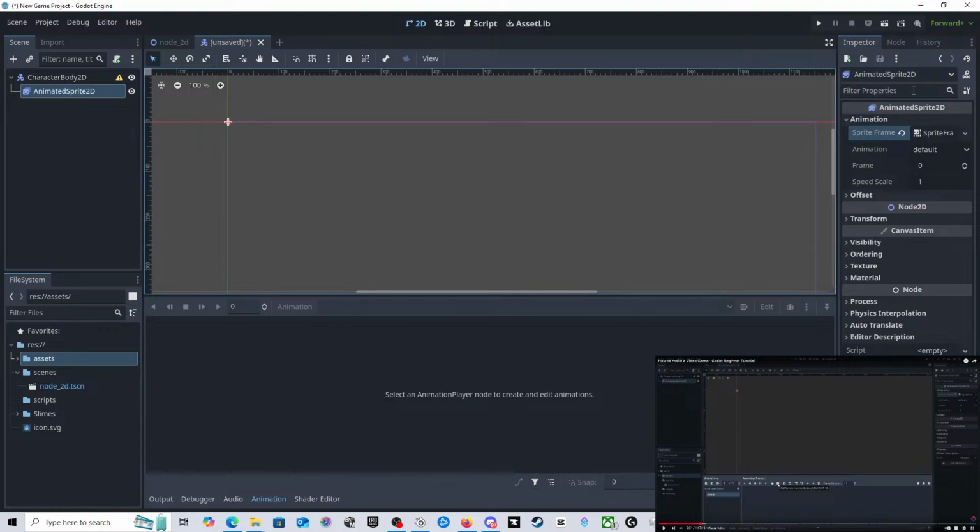Animations 2D. That is that. Transform. All of this is the same. He's got different options than I have.